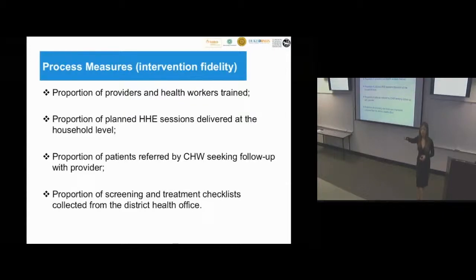We'd have questions. Did you implement the intervention the way you were supposed to implement it? That's fidelity. Did you train everyone? Did you do this with the checklist? And if you don't have this information, then you start wondering what happened. Did they do what they were supposed to do or not? Was the process right? If you don't have this information, then you just don't know what happened. You just keep on speculating, saying, I think they didn't do this. But if you have all this, you say, they did all this, it just doesn't work in Bangladesh. This is not for them. If you don't have it, you say, they couldn't implement it.